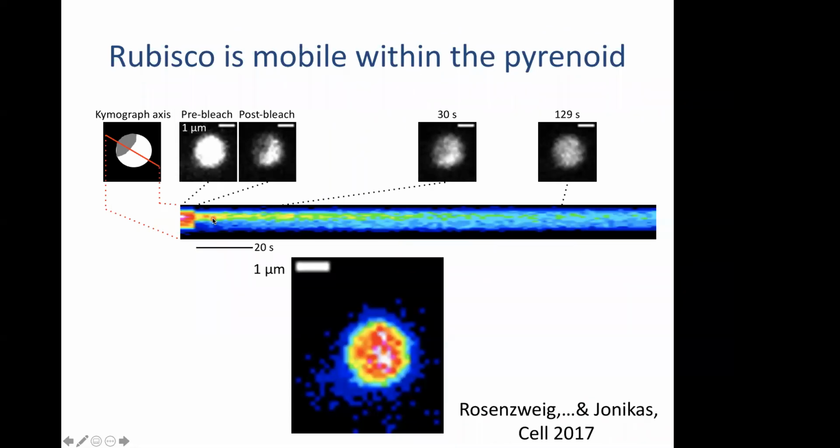You can't just test it by sort of squishing them because there's too many other things in there, but you can label them fluorescently, and then using intense laser light, you can bleach some region so that it stops being fluorescent, and then ask, does it stay like this, as if it was a solid, and this part would be bright and that part would be dark? Or is it like a liquid where the bright molecules eventually diffuse into this region and the dark ones diffuse out, and it comes to become a single uniform brightness? And here's a series of images showing that, in fact, after this bleach, boom, it recovers